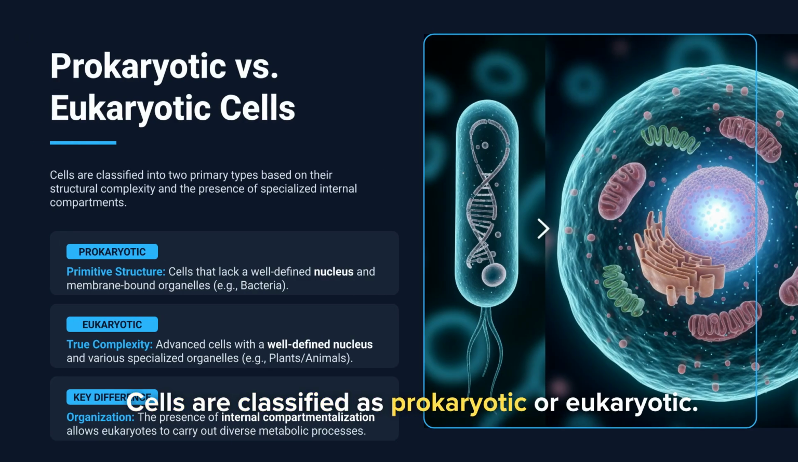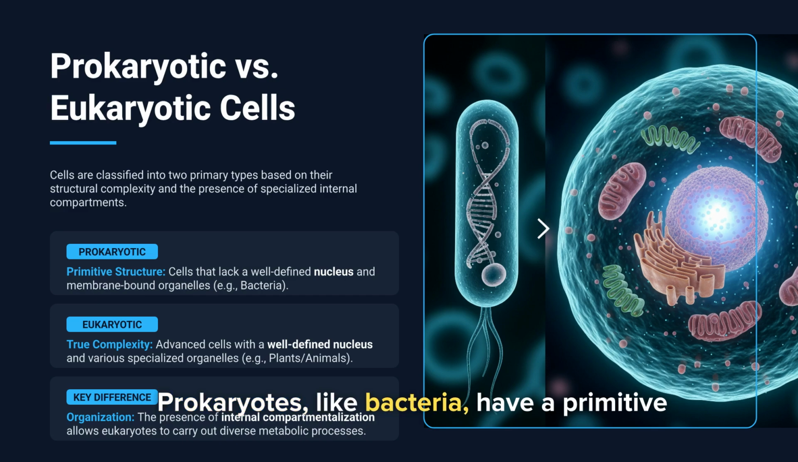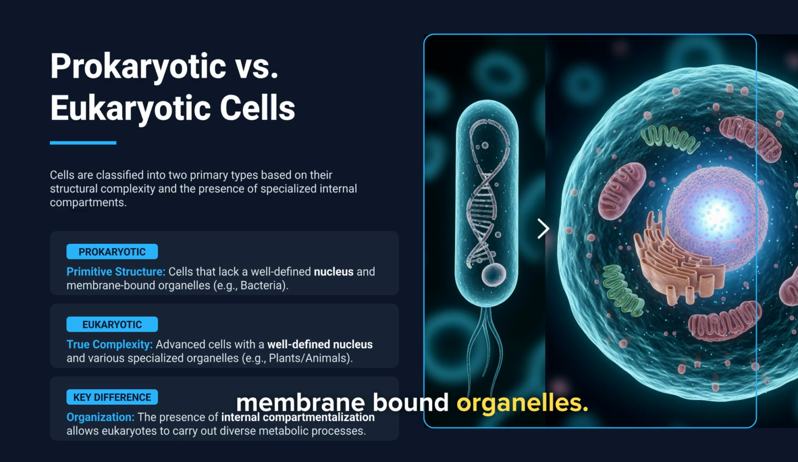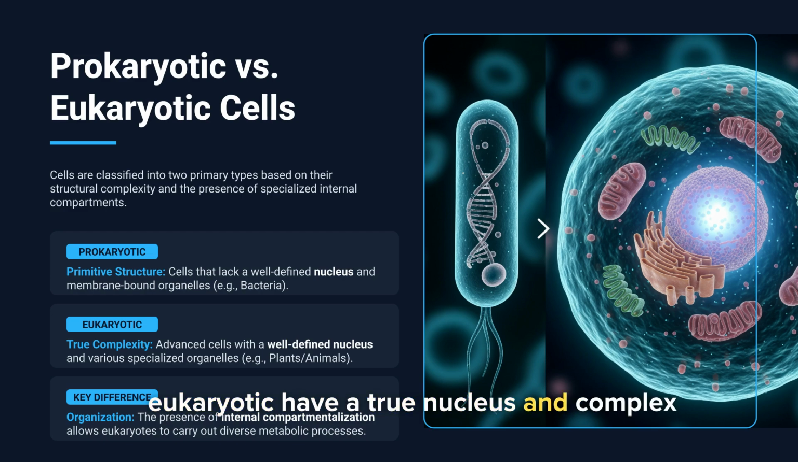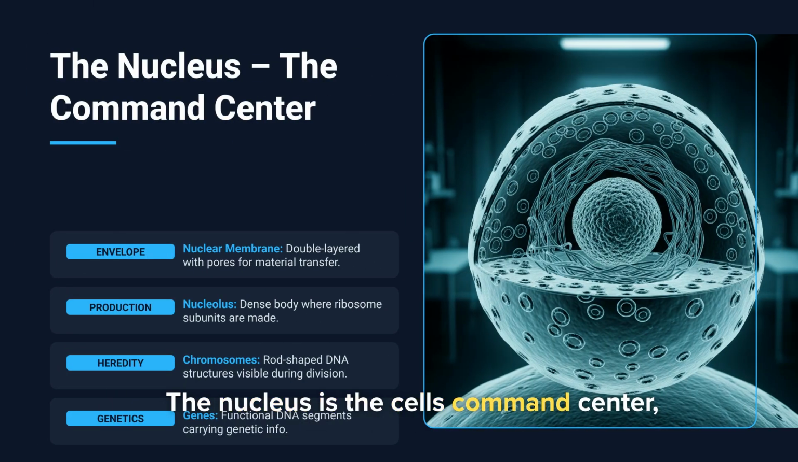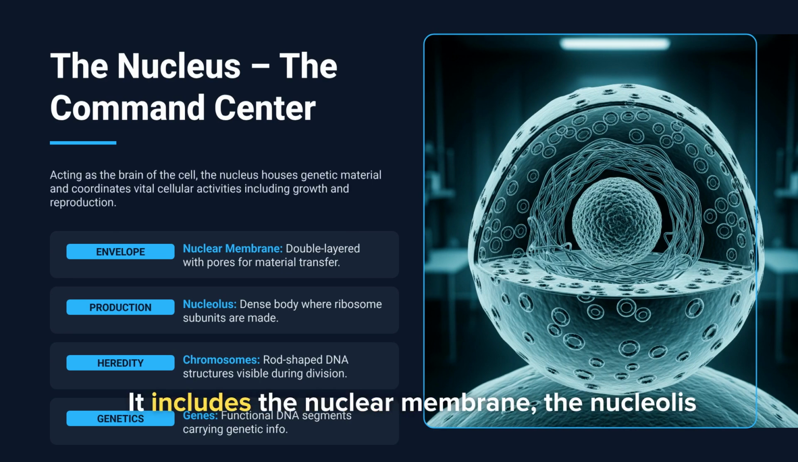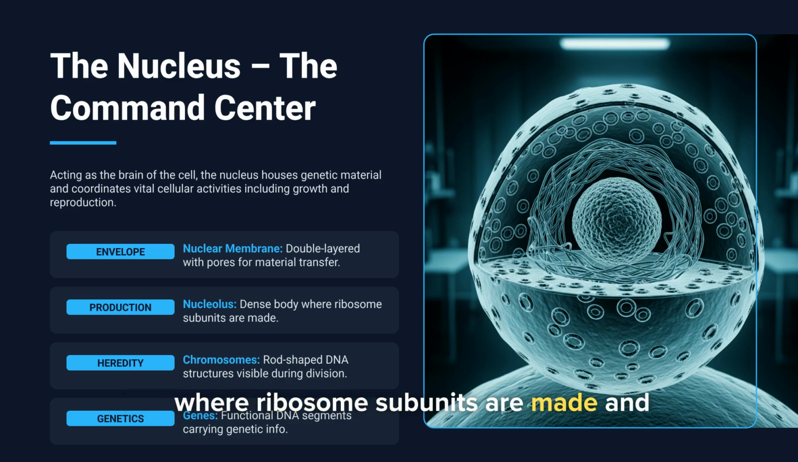Cells are classified as prokaryotic or eukaryotic. Prokaryotes, like bacteria, have a primitive structure without a defined nucleus or membrane-bound organelles. Eukaryotes have a true nucleus and complex internal compartmentalization, allowing for diverse metabolic processes. The nucleus is the cell's command center, housing genetic material and coordinating activities. It includes the nuclear membrane, the nucleolus, where ribosome subunits are made, and chromosomes, which carry genetic information in the